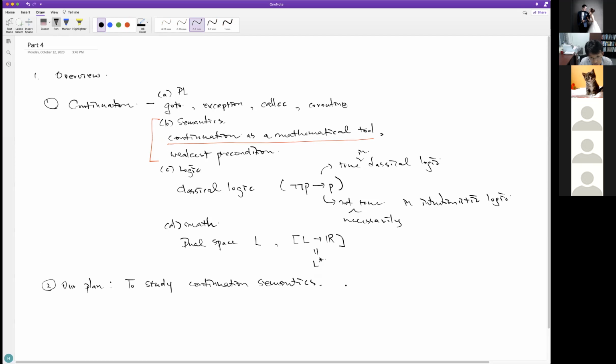And we're gonna use a programming language that we studied so far: the imperative programming language with failure and input-output.